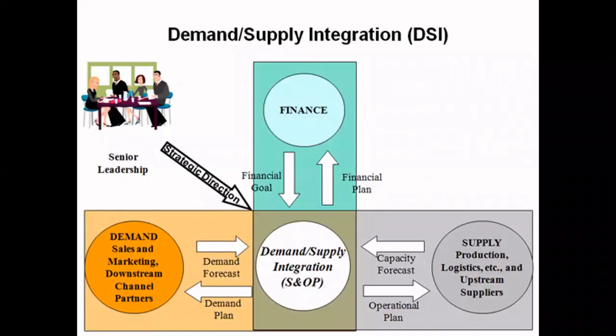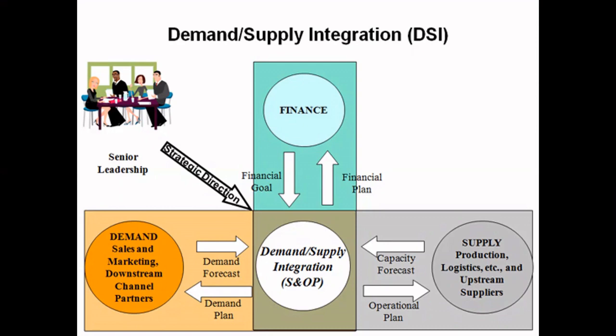So here you can see the DSI, which is called demand supply and integration, where I have told everything will come into one platform, which is called integrated forecasting. Here you can see how the senior leadership's strategic decisions, finance, goal plan, and financial plan come into the demand, sales, marketing, downstream channel partners, demand forecast, and demand plan, which is the demand. So it is that financial integration